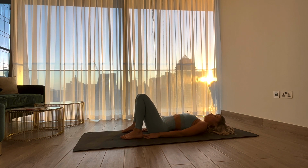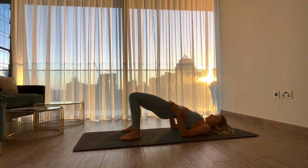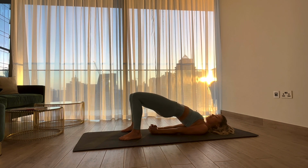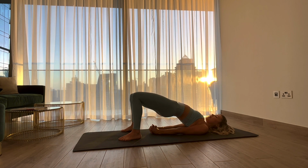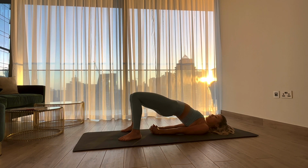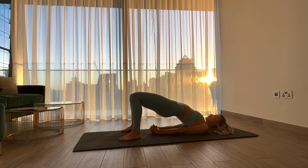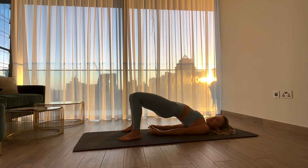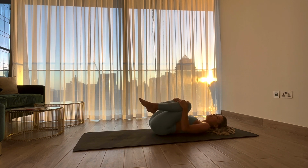Touch your heels with your fingertips, feet hip distance apart, and then start to lift the hips up and just relax your arms or interlace the hands underneath your spine, and then pressing out of the heels here. Full inhale in, full exhale out. 2 more deep breaths. Last inhale and exhale to slowly lower the hips back down, hug your knees into the chest, and we're gonna